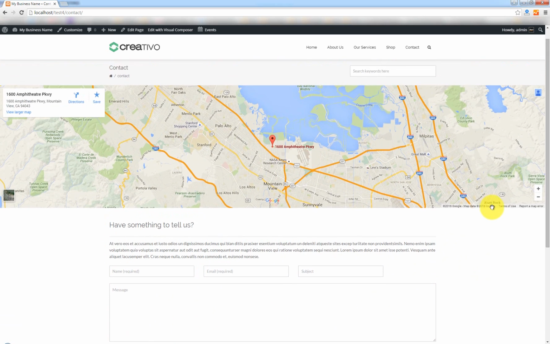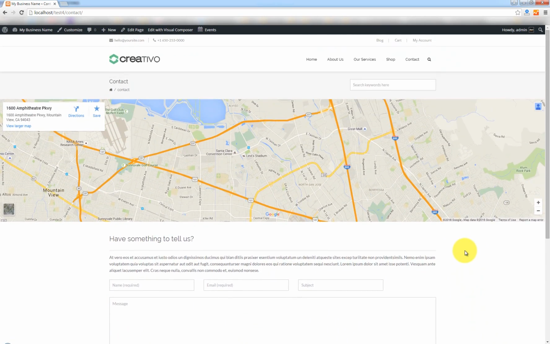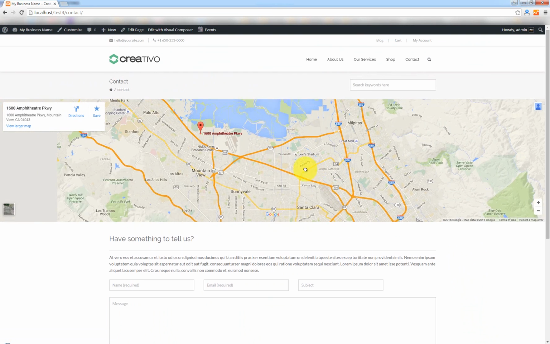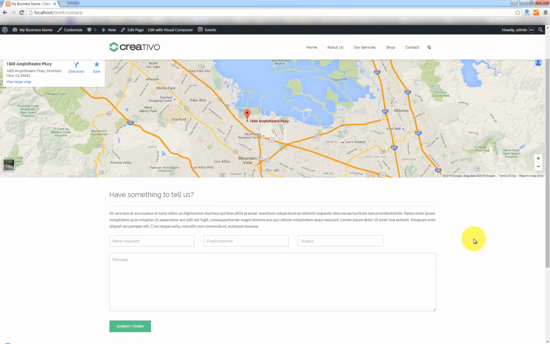Now this is a very generic and basic contact page. This info here, the Google map, is actually generated based on the info you enter when you edit this page. I will show you how to do that in a few seconds. Also the email to which this form is submitted is controlled on the same location as this Google map. Right, so let's go ahead and edit this page